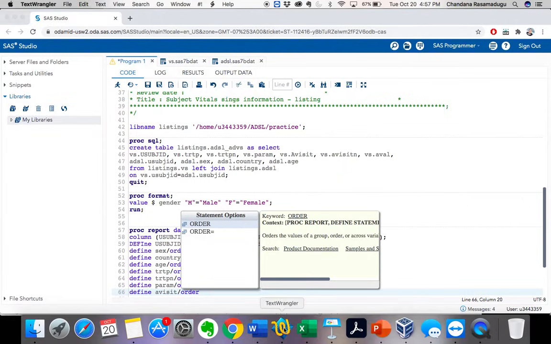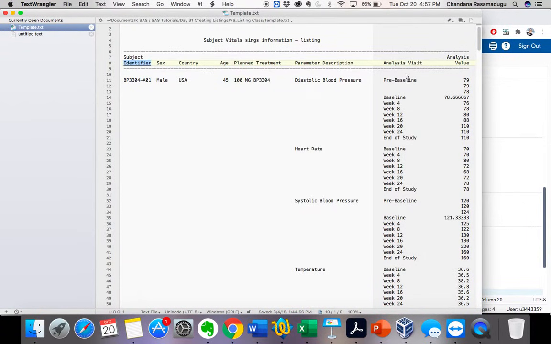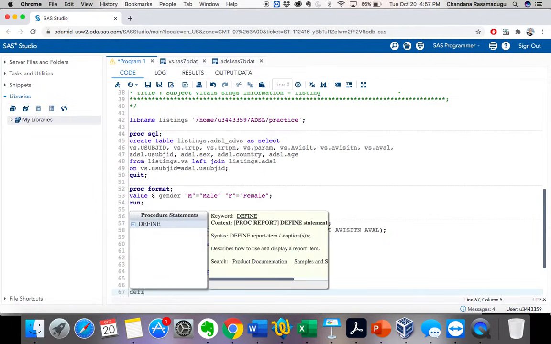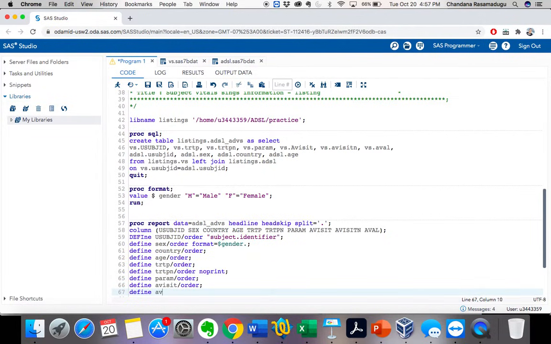And now let's take define a visit n. But I don't want to print these a visit n values, because I just want to print only the a visit values, since my statistician didn't specify that in the mock shell.